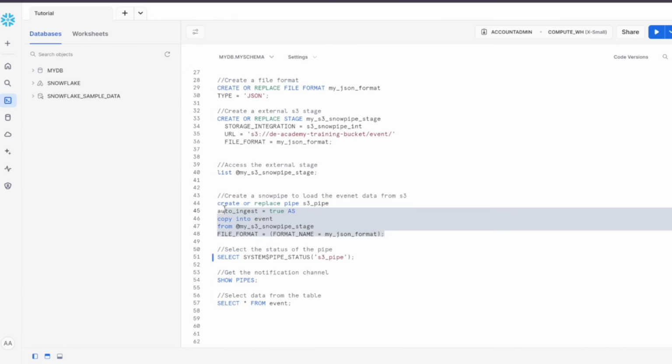Now, once we create the pipe, we need to set up an event notification in our S3 bucket, from where the pipe is going to get a notification whenever we upload a new file. To get the notification channel, we have to run a command called show pipes, and this is going to give us the notification channel, which we'll put into our S3 bucket while creating the event notification. So let's execute this show pipes,